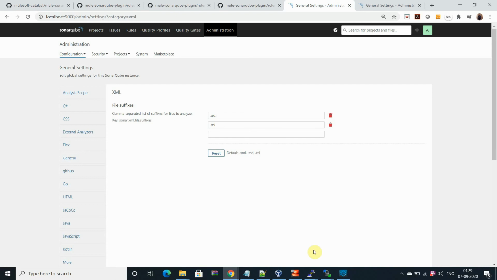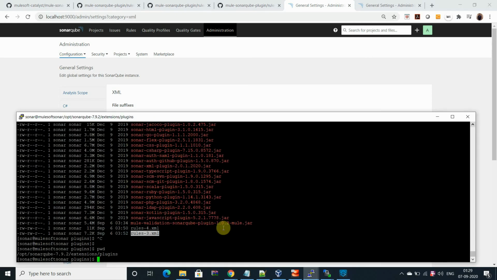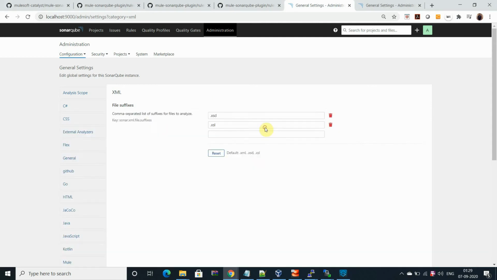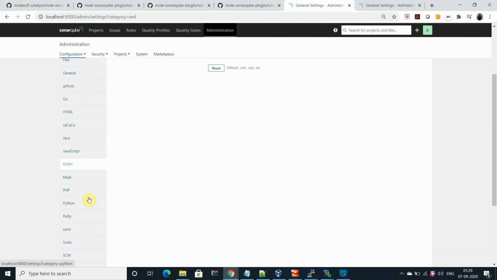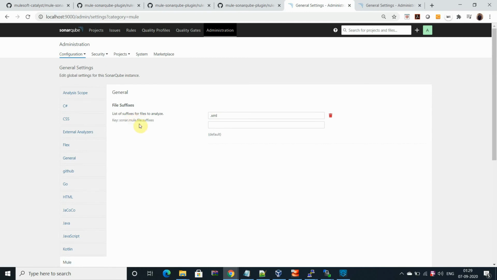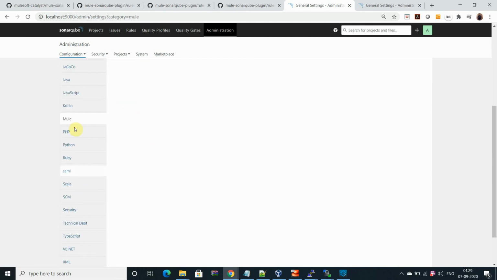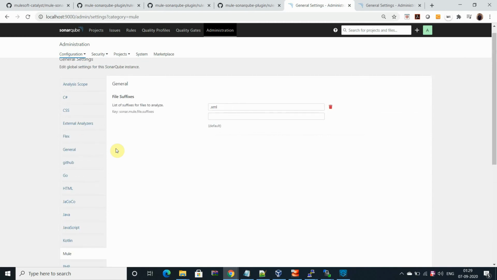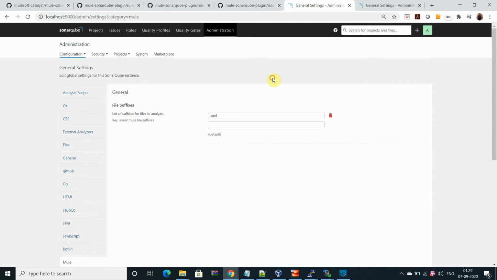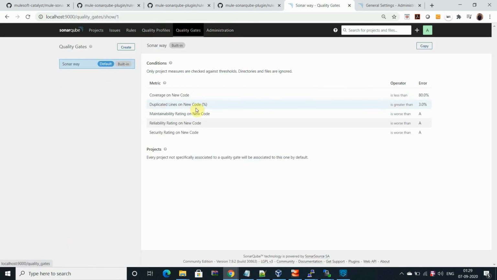Okay, and now after copying the binary, this plugin and these two rules, and after restart, you can see this is being populated over here. You can easily find the new rule reflected in the list of the Sonar instance. Okay, so this is done. I'm not creating any quality gates, and for that I'm just keeping everything normal right now.